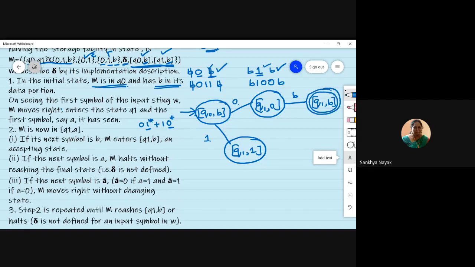I hope this is clear why I made this a final state, because this should be accepted, blank after 0. Okay. Similarly, if you are in this state, Q1 on 1, again, if you get a blank, you should accept it. So let us say you are in Q1 and now you saw a blank. So you should accept this. So we have written the logic for this string as well as this string.